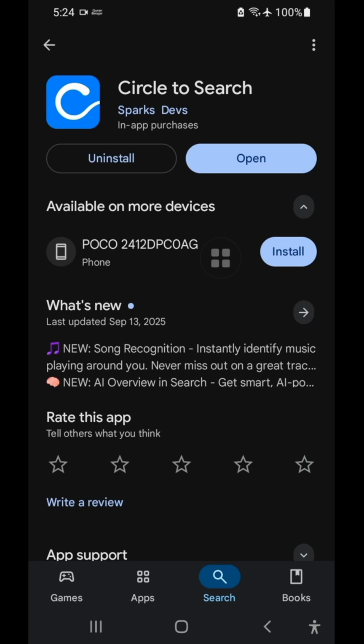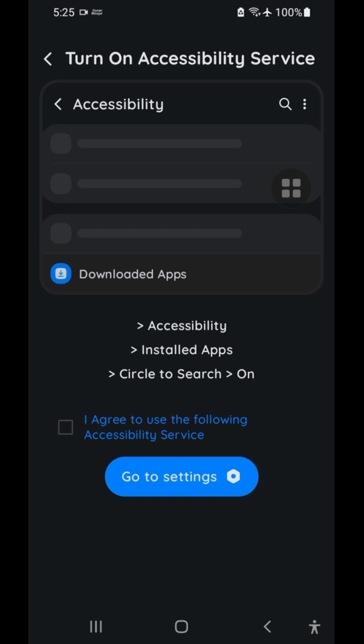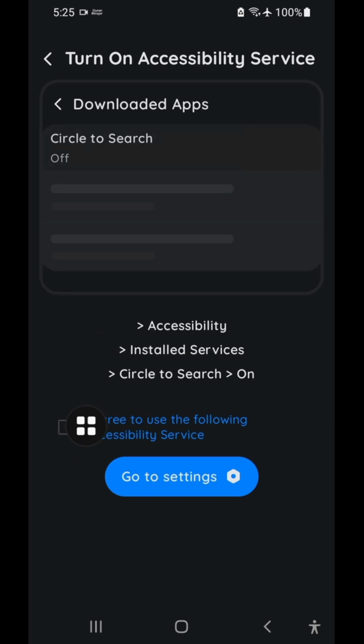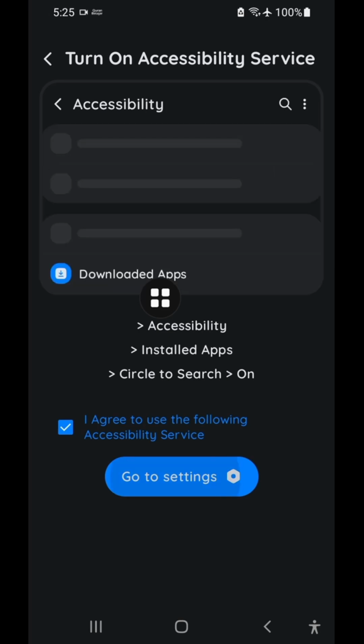So let's get started. First, just go to Play Store and then just search for the circle to search until you find this app like this, and then next just install it. And after the installation is complete, just open the app like this, and then next just tap on via actions or gesture, and then next just click on agree like this, and then go to settings